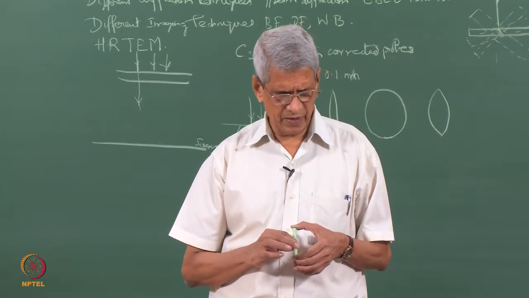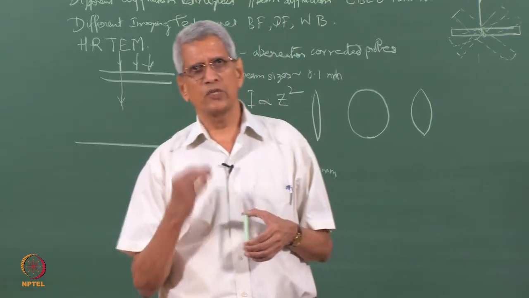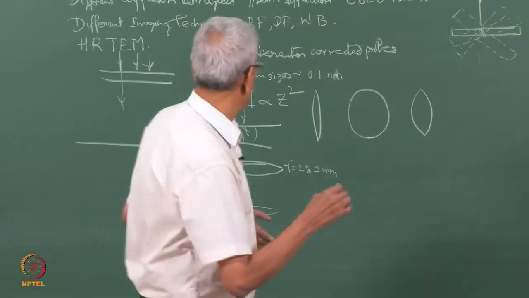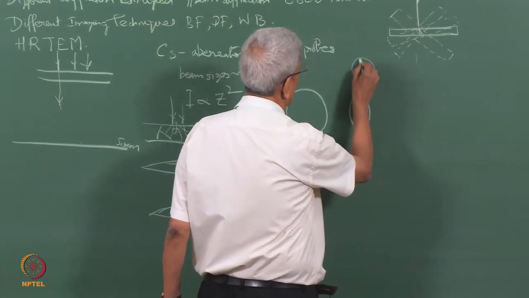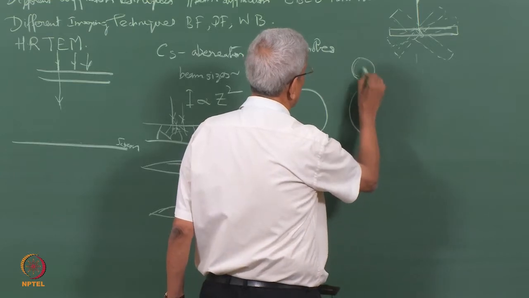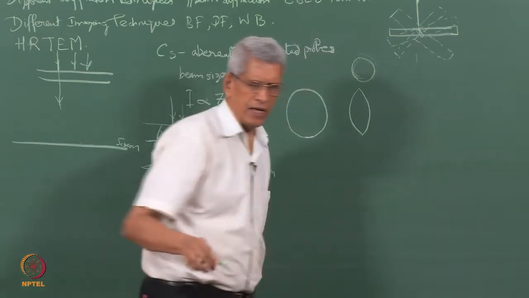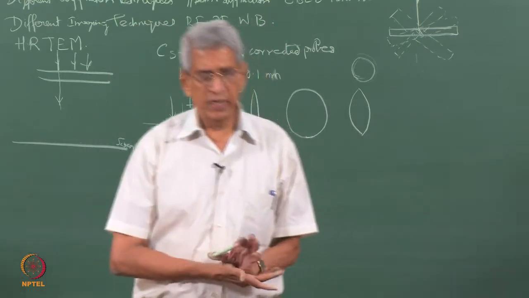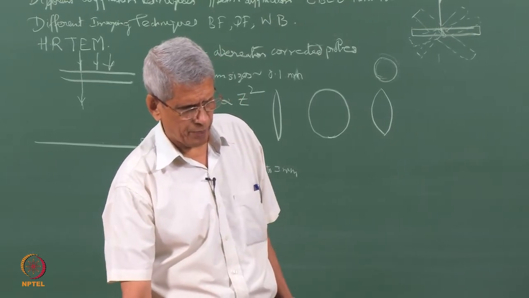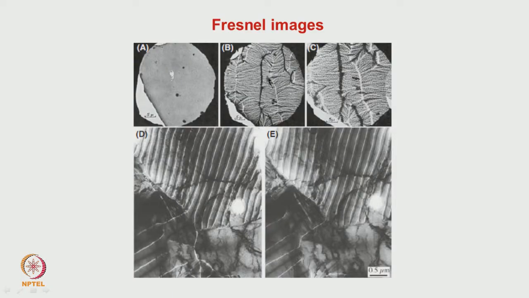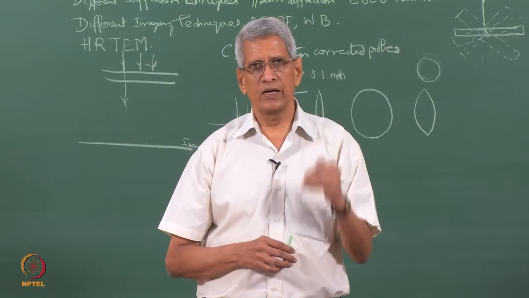What is essentially done is that we know that if we change the focus a little bit around a sample which contains a hole, closer to the hole we get some fringe pattern, alternate bright and dark fringe patterns. This fringe pattern comes from Fresnel diffraction which is taking place, because from one side to another side there is a potential variation. This information itself could be used, and we know that in a conventional microscope, when it is in perfect focus, the contrast of the image is the minimum.